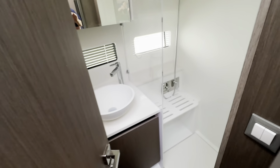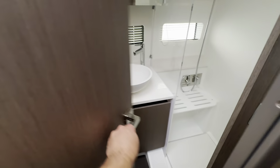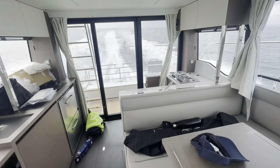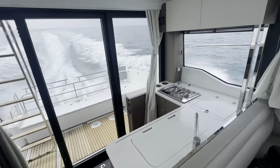And then it's got its own heads in here. It is very open, spacious. I mean, essentially it's like moving a house to Dartmouth for the weekend, for the week. It's so spacious and